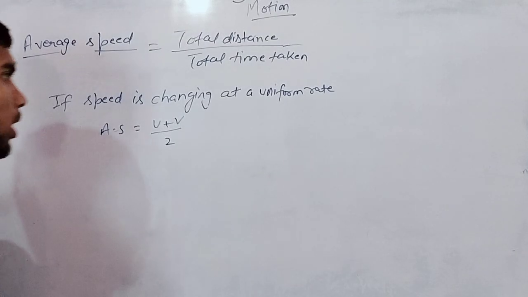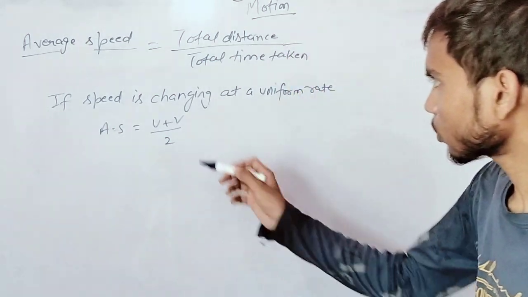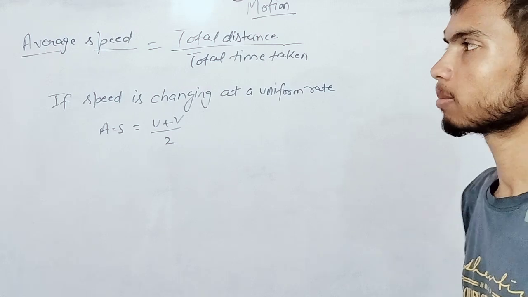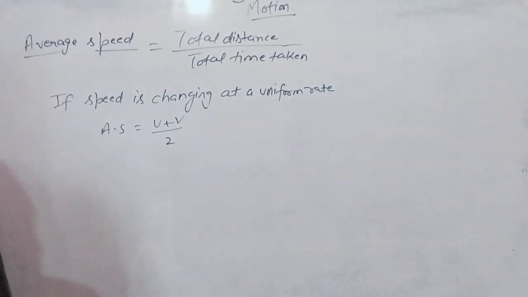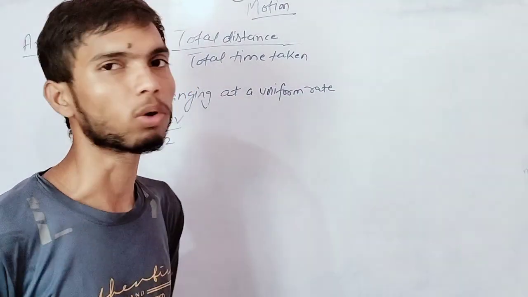Now we will break it down here. To calculate the average speed of an object, we use this type of formula. The formula is total distance